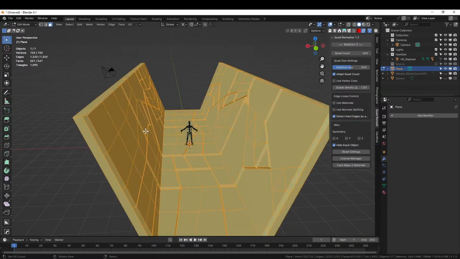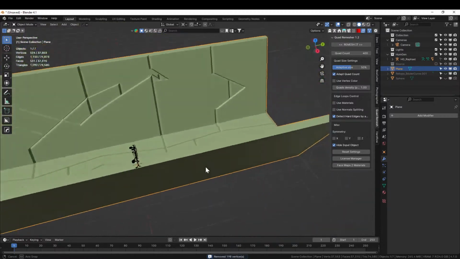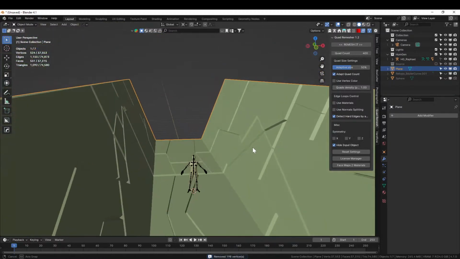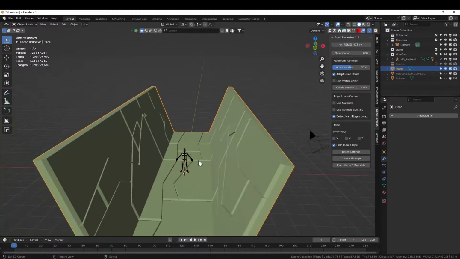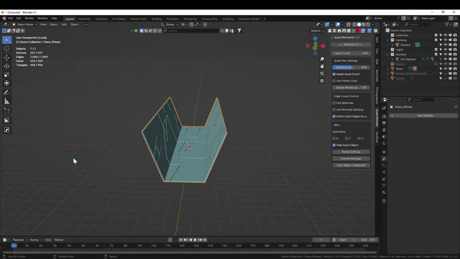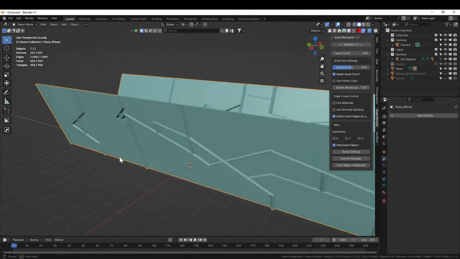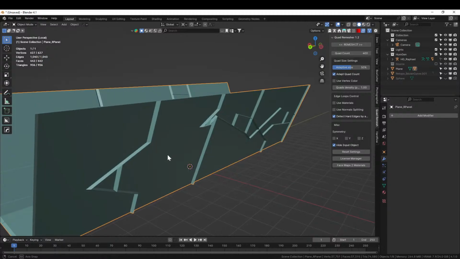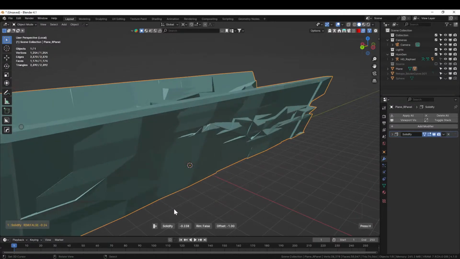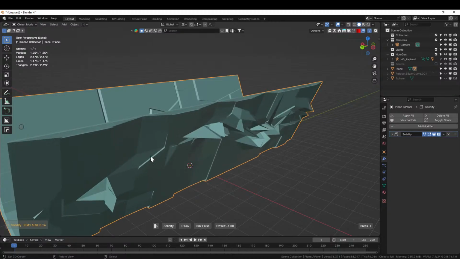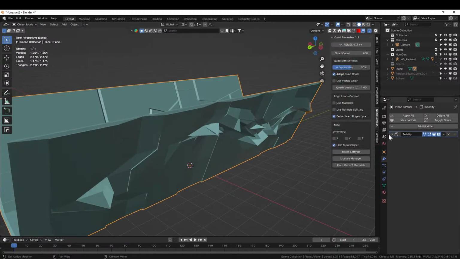Join them, tab, A, M, merge by distance. Cool. Actually, before I do that, unmerge them. This object, I just want to make it solid. Solidify,